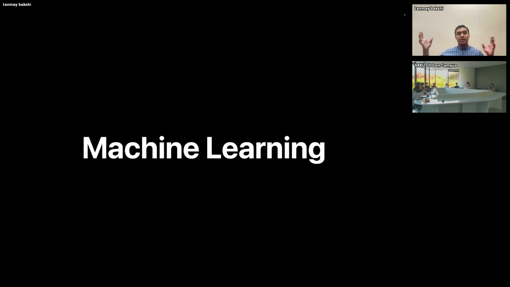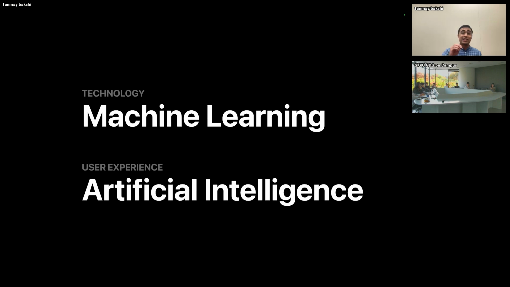So a lot of the new advances that we call AI are really powered by the tech term machine learning, because ML is the actual specifics of techniques and algorithms that we use to power those innovations. Whereas, as I mentioned, artificial intelligence is really, at the end of the day, more of a user experience term, right? AI is more about what technology feels like, and it really is a moving goalpost. It changes over time as we come to expect technology to do or not be able to do certain things.